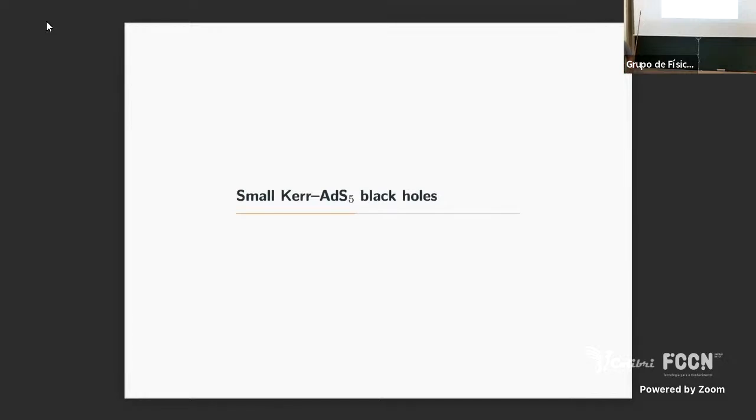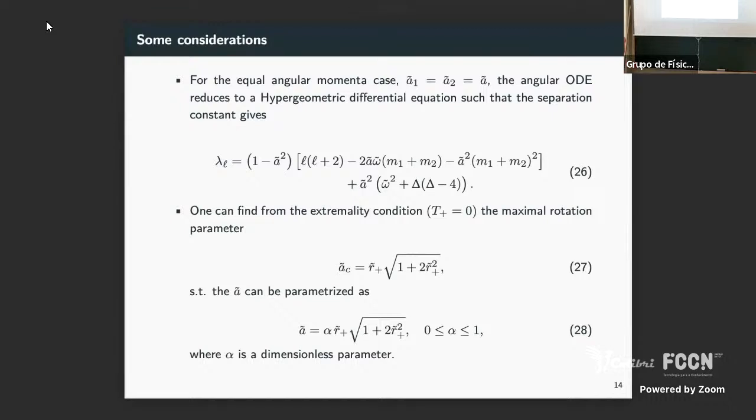So for the specific computation, we will use the angular momentum, and the separation constant is related to the angular momentum quantum number of the angular part, and we also parameterize the rotation in terms of